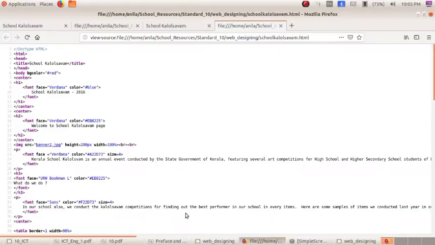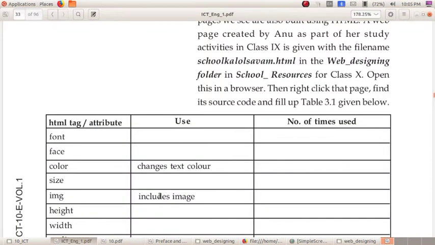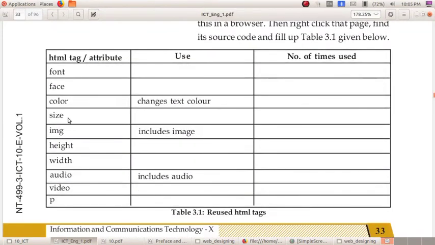So you have to prepare this table. In the HTML tag or attribute column, then you write the use of that tag or attribute, then you have to write the number of times it is used in that HTML page. So dear children, you can see both tags and attributes. What do you mean by tag and attribute?